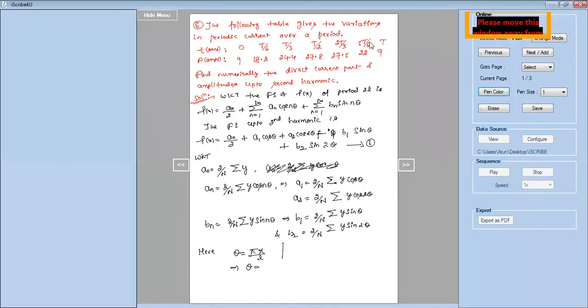And don't expect any problem which will end at 5t by 6 here. If I give some arbitrary constant like this, t or k or p or something like this, the period of that is 2l is t. So 2l is t here. So this implies l equals t by 2. So therefore theta is pi x divided by l. L is t by 2. So therefore we get theta is equal to 2 pi x divided by t. So for this problem, theta is this, 2 pi x by t.